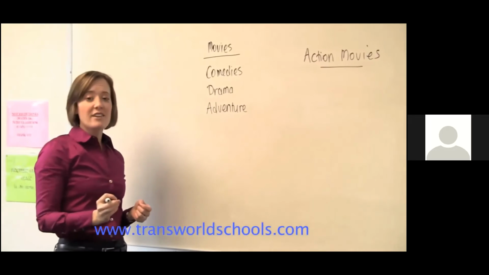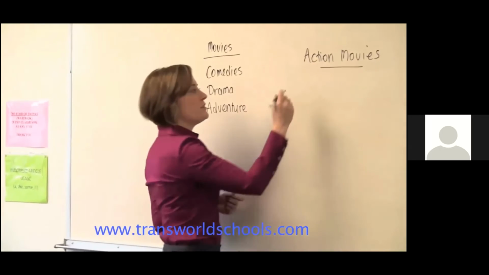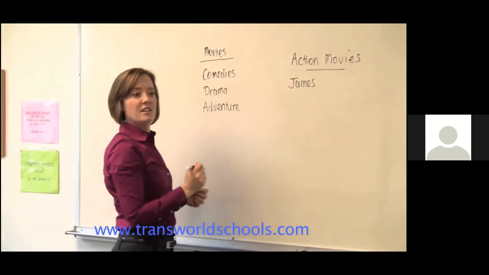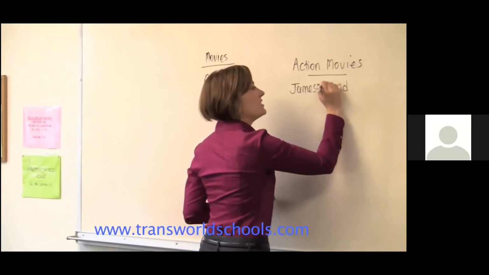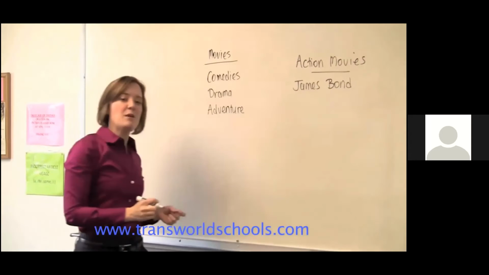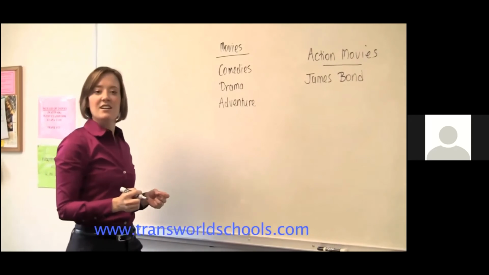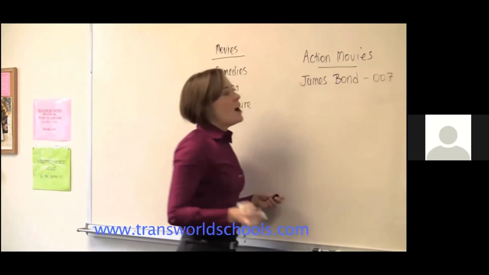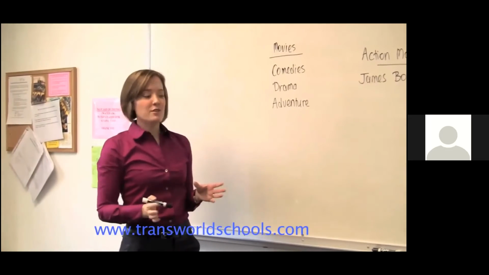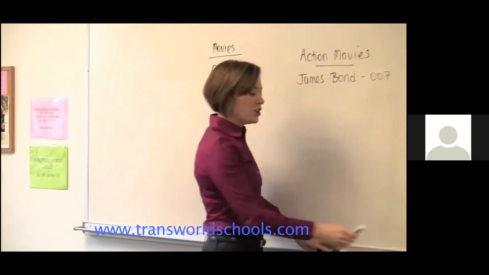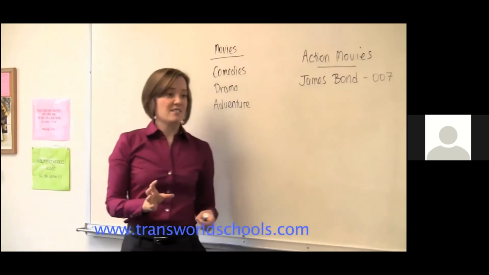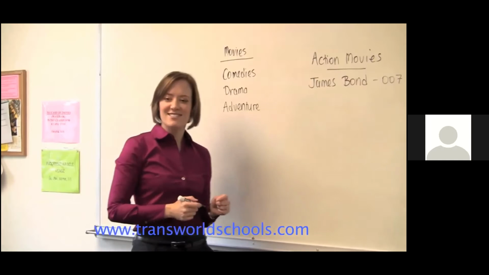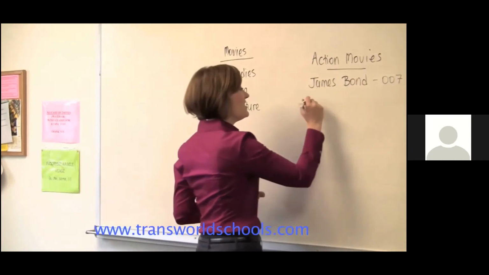And this is what I want to talk a little bit more about today, especially one kind of action movie, which is a James Bond movie. Hands up if you've seen a James Bond movie. All right. Good. He's a spy, and he does love spying. What is it? W7. W7, that is right. Good. And what I really like about James Bond movies is that there are good guys and there are bad guys. They fight around. What's another name for the bad guys? Villain? It's a villain, sure.